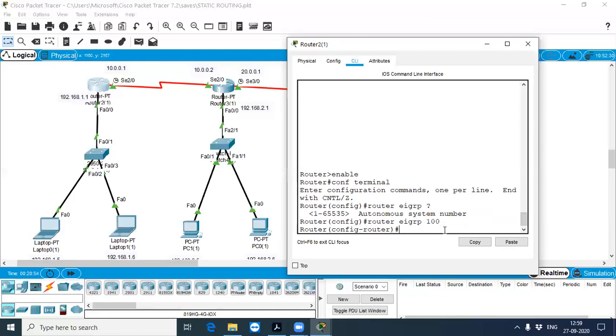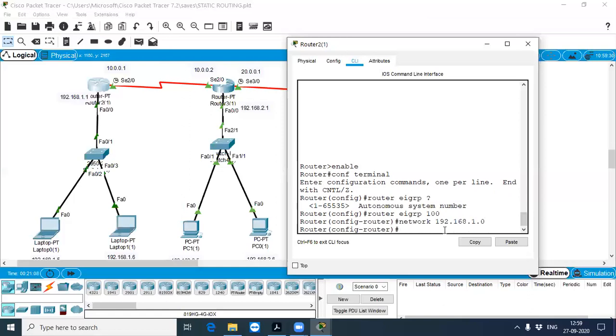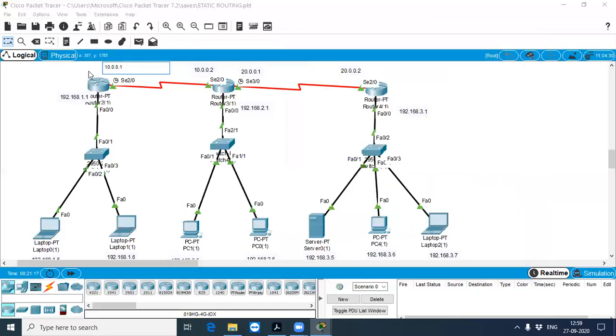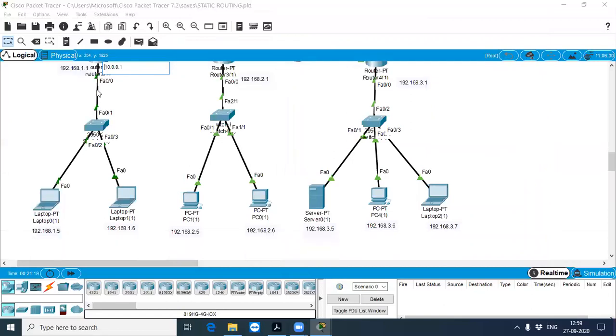Okay, now you have to define the addresses. You can assign network 192.168.1.0. You have to define how many different networks are connected to this router.